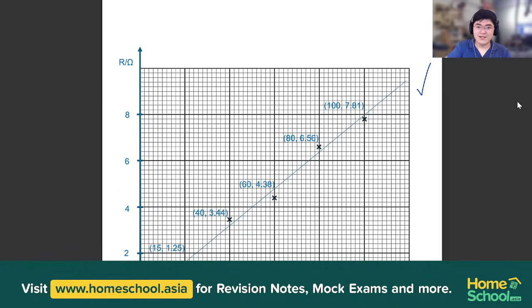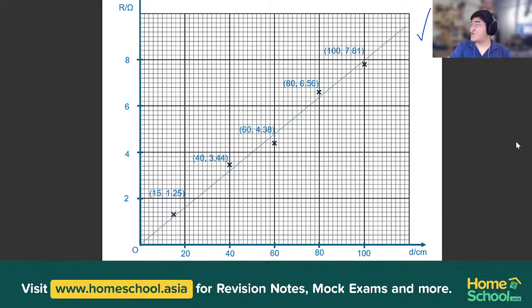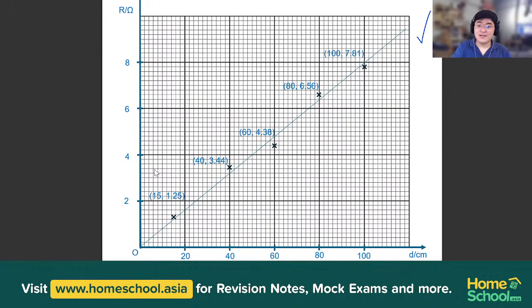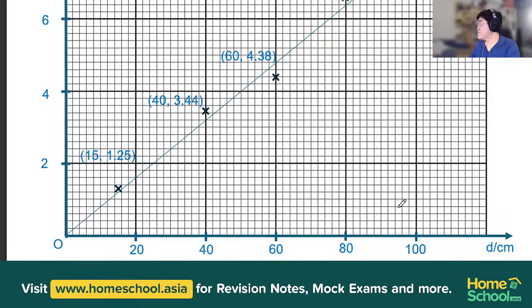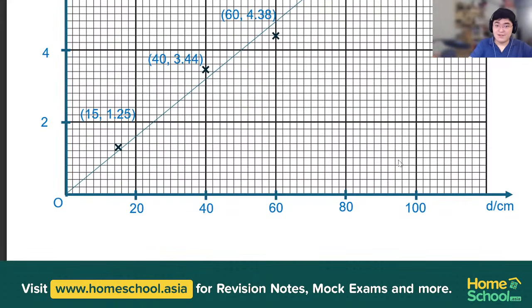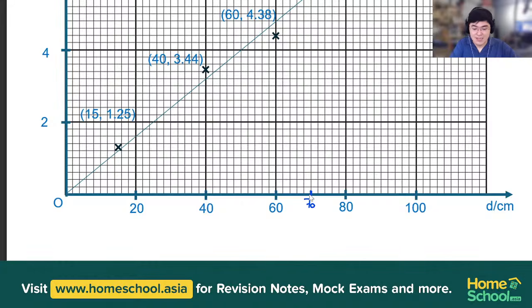Over here, this is the graph that we already drew nicely. Now we are to find what happens when D is equal to 75. So let's zoom in once again to find 75. As you can see, 75 is somewhere around here. 60 is here, 70 is here. Okay, this is 70. And then we have